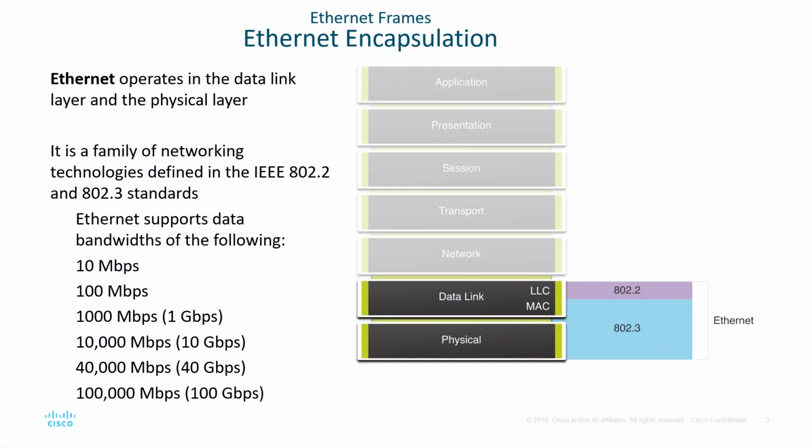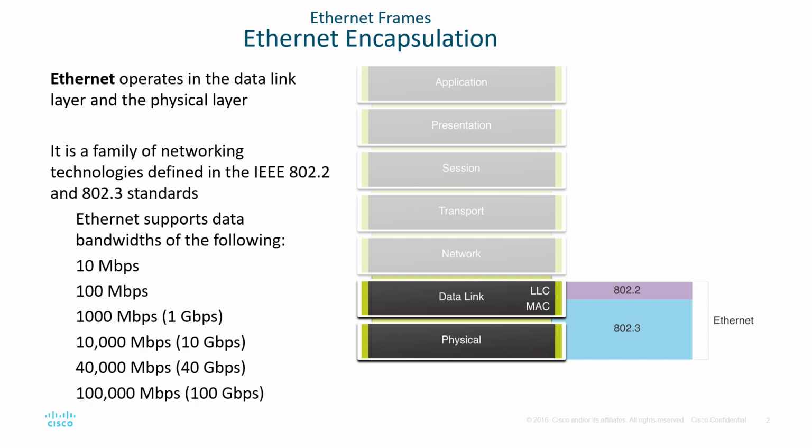Ethernet operates in the data link layer and the physical layer. It is a family of networking technologies defined in the 802.2 and the 802.3 standards. It supports data bandwidths from 10 megabits to 100 gigabits and beyond. It is divided into two sublayers. The data link layer has two sublayers: the 802.2, which is the logical link, and the MAC, media access control